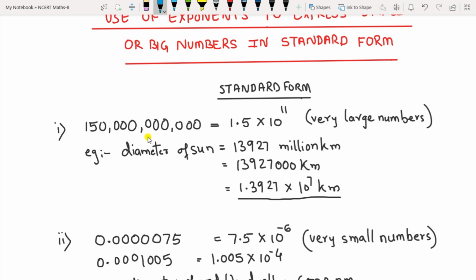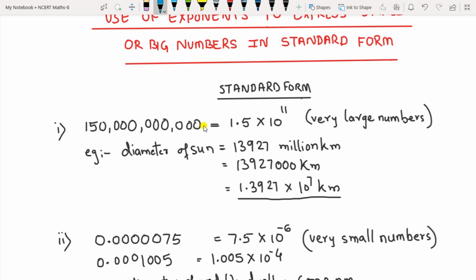So for example, in this number, we cannot see any decimal, which means the decimal is after the number at the last. So move the decimal back to put it after one significant figure. Now what is meant by significant figure? The digits from 1 to 9 are called the significant figures. So you have to put the decimal always after the first significant figure. Now 0 is not counted as the first significant figure, but if 0 comes after the first significant figure, then it can be counted.